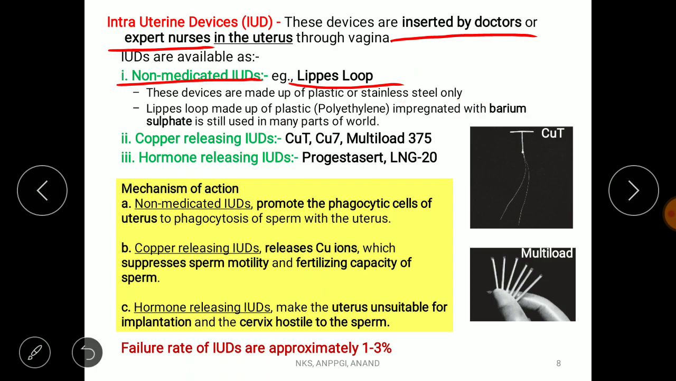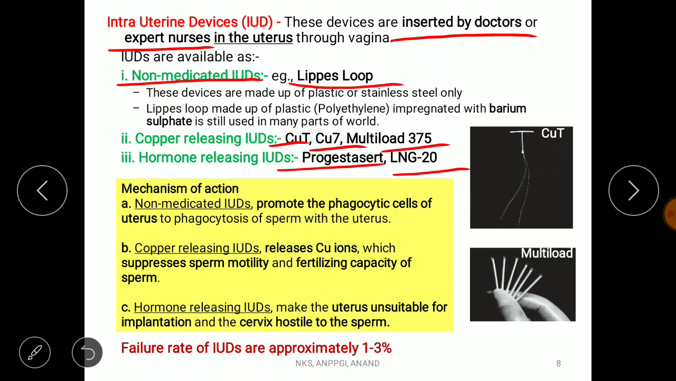Copper releasing IUDs include copper T, copper 7, multi-load 375. Hormone releasing IUDs include Progestasert and LNG-20. Mechanism of action is: